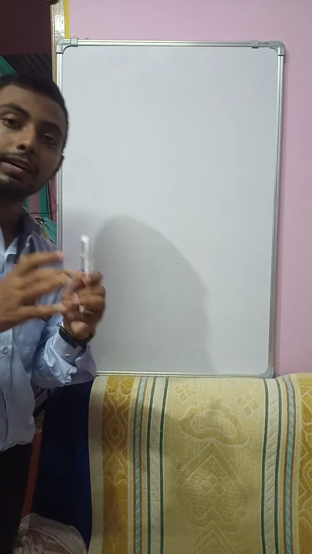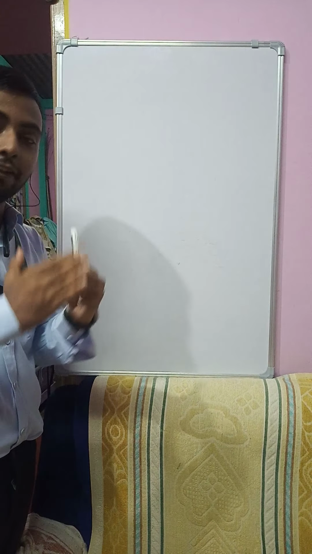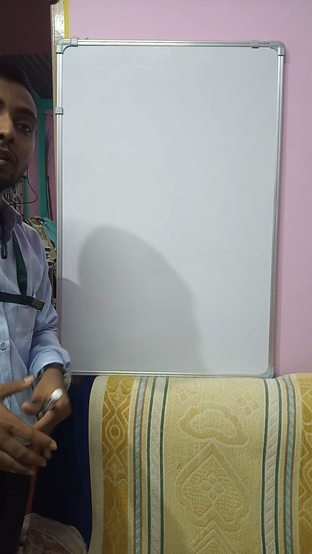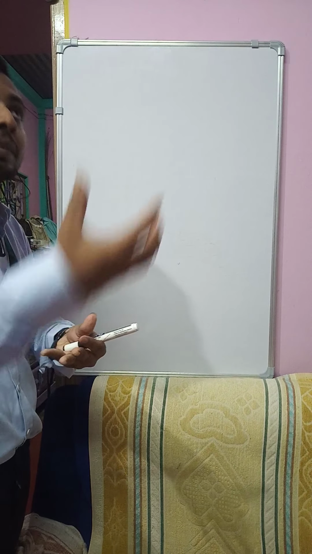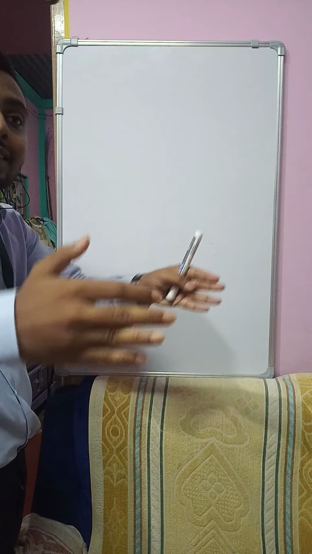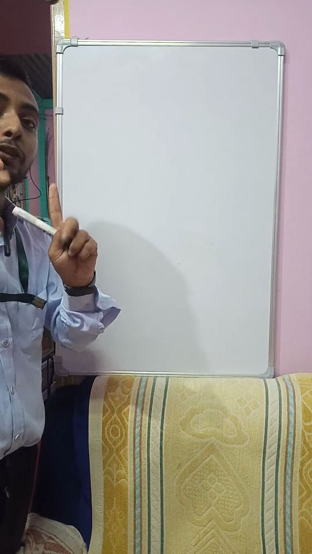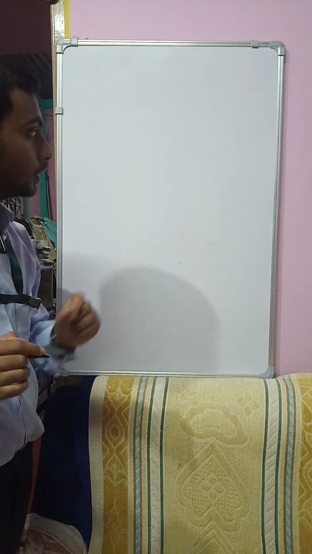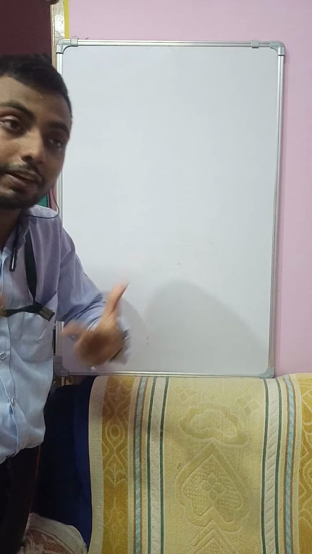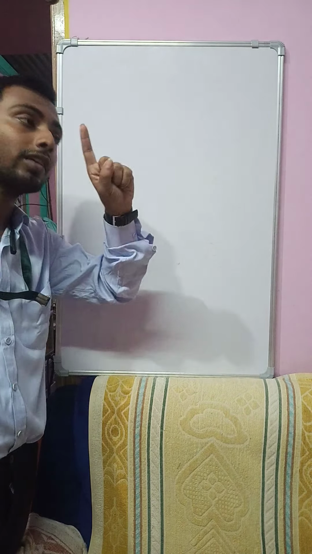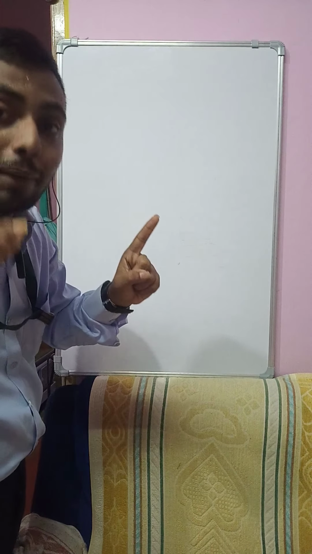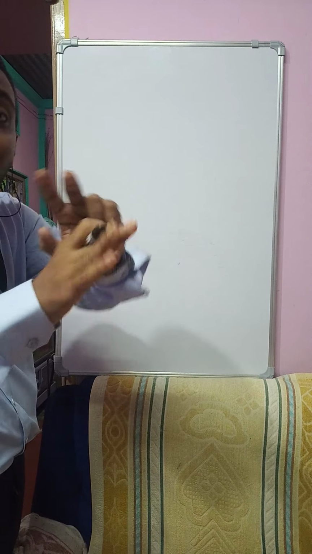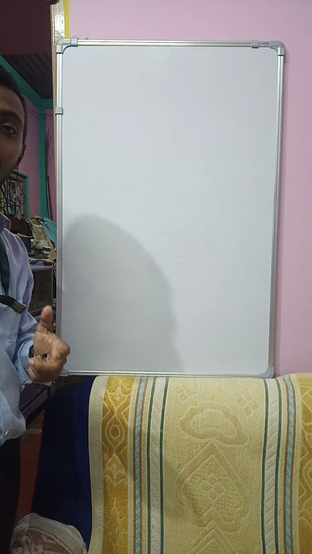See, first we have to understand what is a rain gauge. Rain gauge means a device, an arrangement that is used to collect the rainfall and measure the depth and the intensity of rainfall. Basically there are two types of rain gauge: recording rain gauge and non-recording rain gauge. What is the difference in function? The non-recording rain gauge only measures the depth of rainfall, not the intensity. But the recording rain gauge measures the intensity and the depth of rainfall.